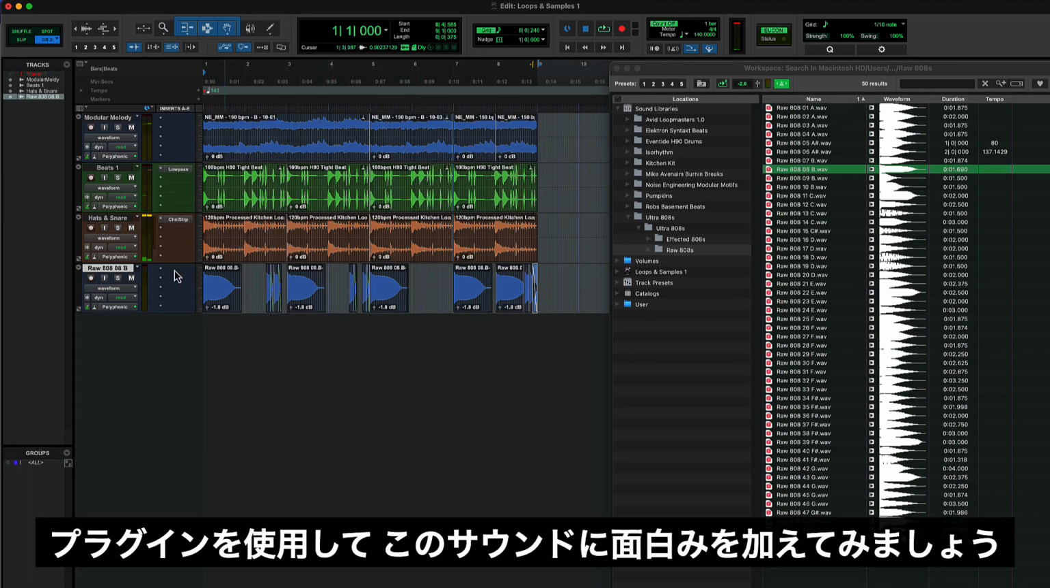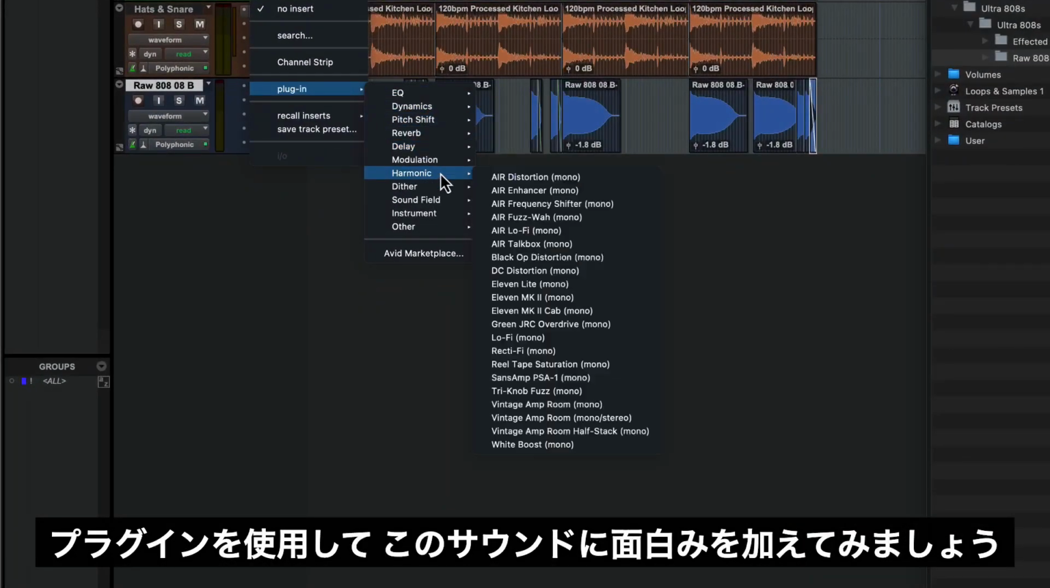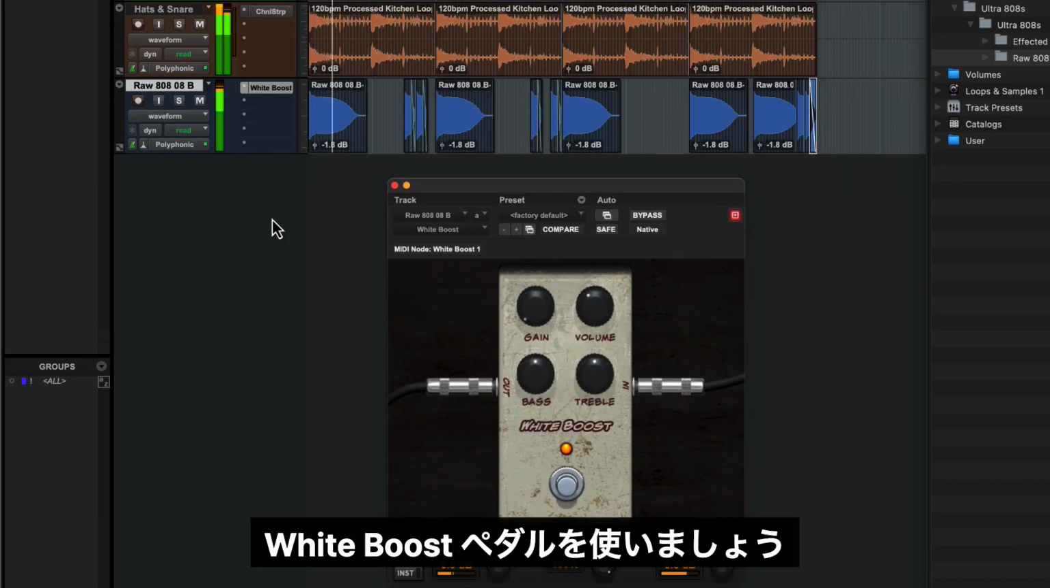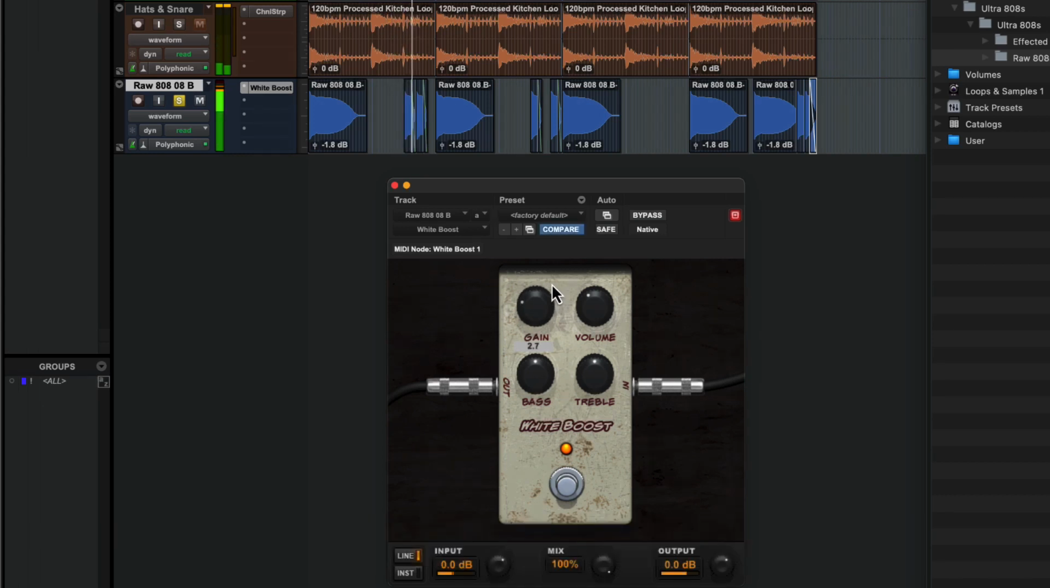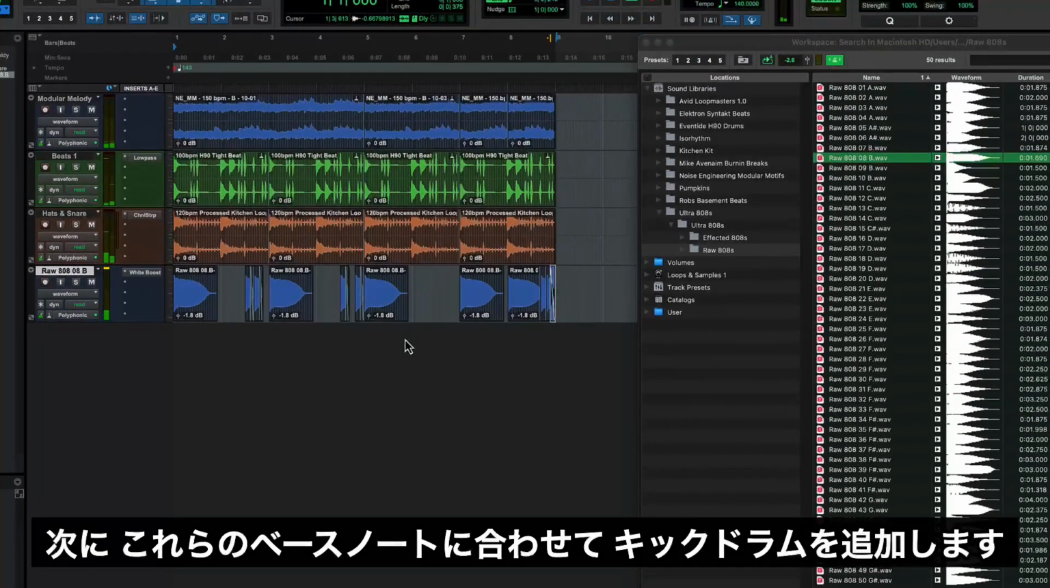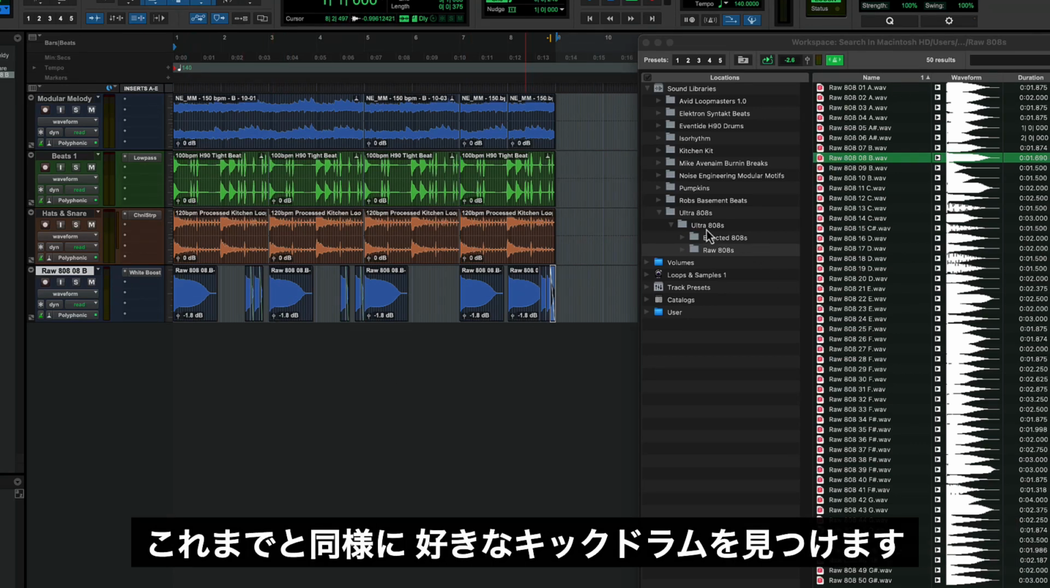Now let's use a little secret sauce here with a plugin to add some interest to this sound. So let's use the White Boost pedal. Okay, next I want to add a kick drum to match these bass notes. What I could do is I could carry on doing what we've been doing, and I could find a kick drum that I like,